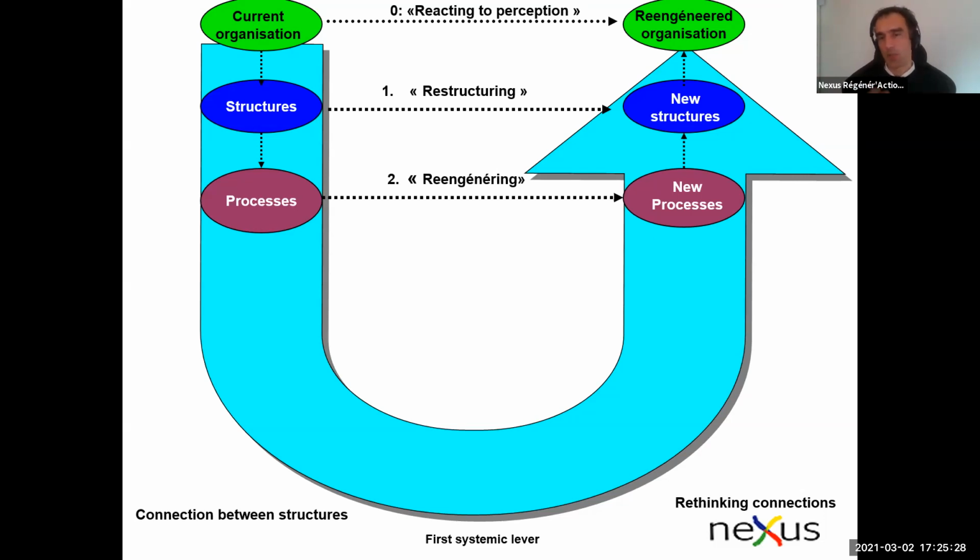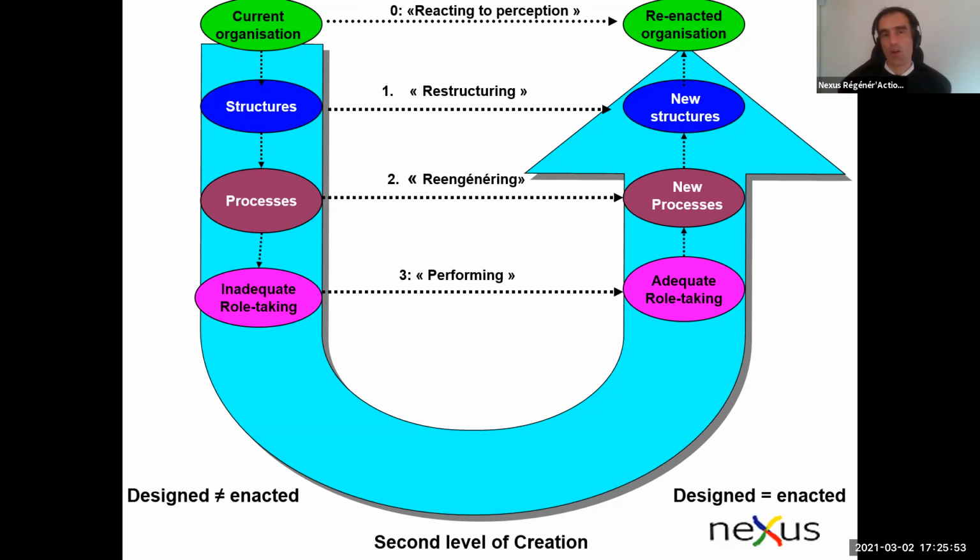What I notice when we get into these issues of transforming models of organizations is that very often we tend to blame the system. We say, well, the system's not working, it's no longer adapted to our reality, etc. But when I dig a bit deeper, what I realize is that sometimes it's not so much the system that's inadequate. It's just that people are not taking up the roles that are theirs to take up in the system.